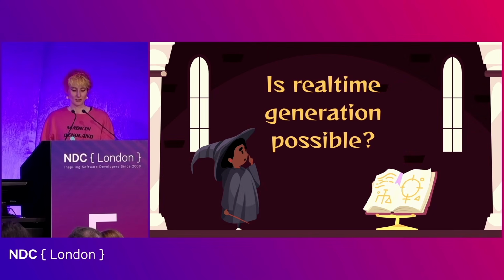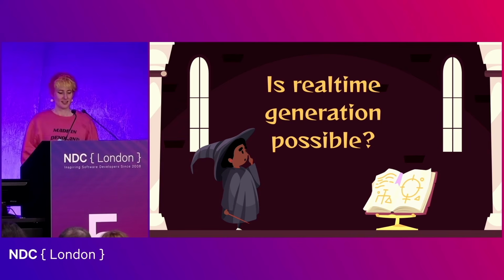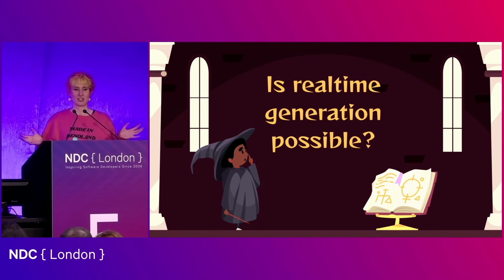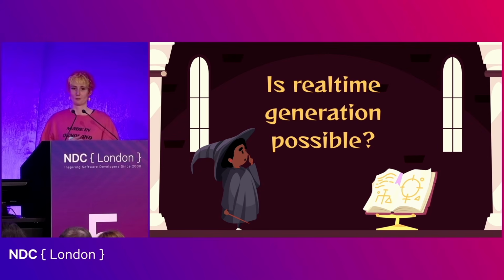But is it possible to do this on the fly? The idea of generating quests and dialogue and story beats in real time sounds really cool, but the reality is obviously shaped by latency. Generative AI is slow, it's inefficient, because it's doing something complex. It's sampling from a potentially huge space, token by token. But the landscape is shifting.